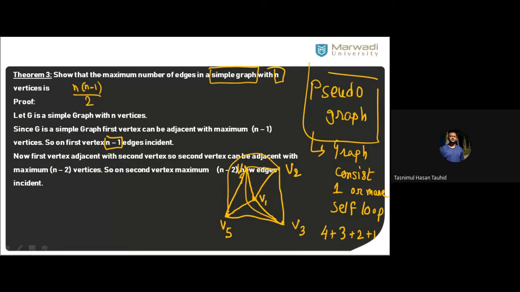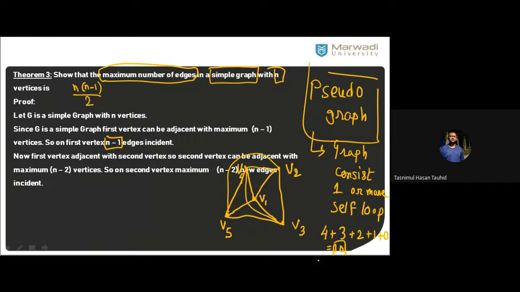So that is the question, the maximum number of edges. Got the answer? You got the answer or not? Maximum number of edges for a simple graph. Done. It is 4 plus 3 plus 2 plus 1 plus 0 equals 10 for 5 vertices. Now I will make it larger. How to make it larger?